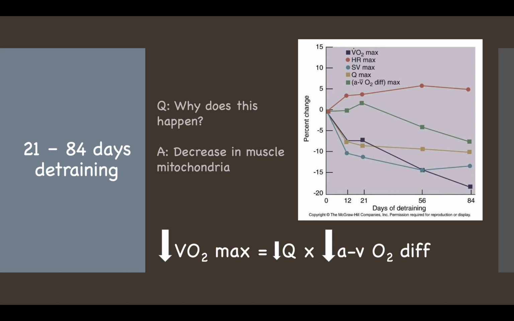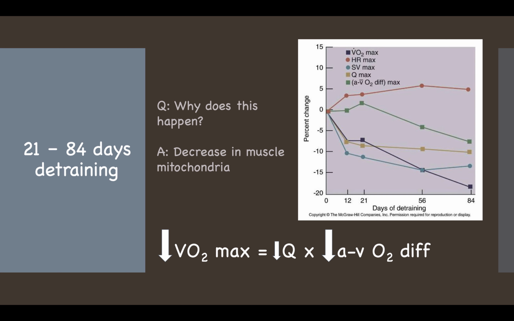Now when we look beyond 21 days, so going from 3 weeks to 12 weeks of detraining, this would really be an extended time of no training. The variable that changes the most is going to be VO2 max. So VO2 max, that purple line, at 21 days, you're sitting at between 7 and 8% decrease. And then at day 84, that individual has had nearly a 20% decrease in their VO2 max,